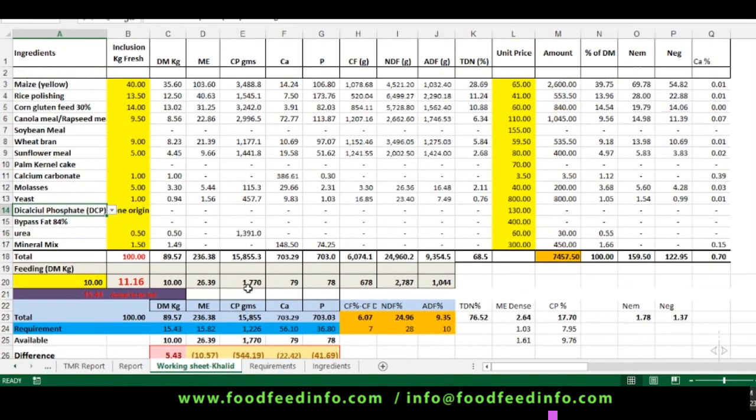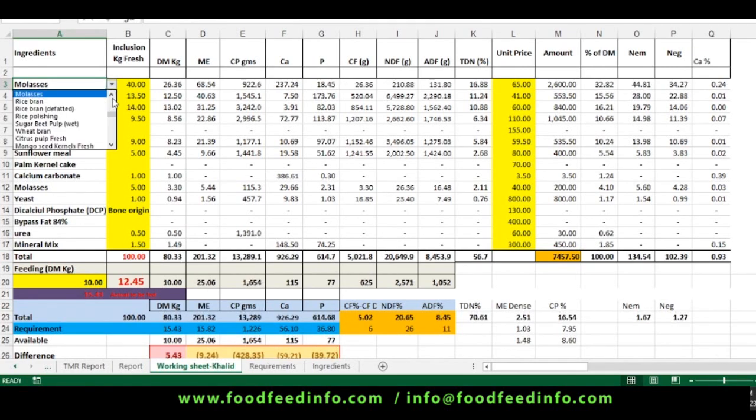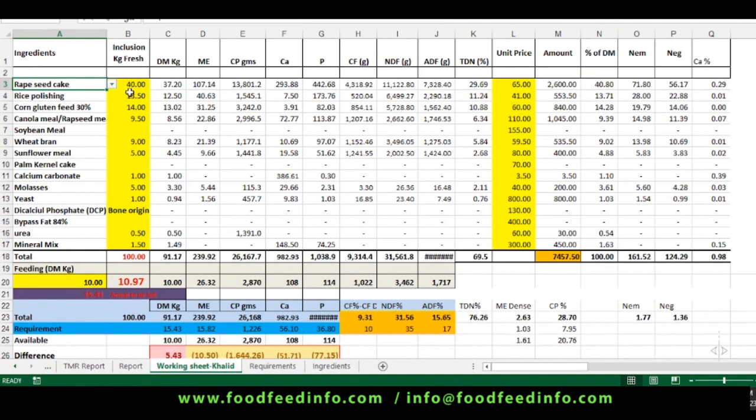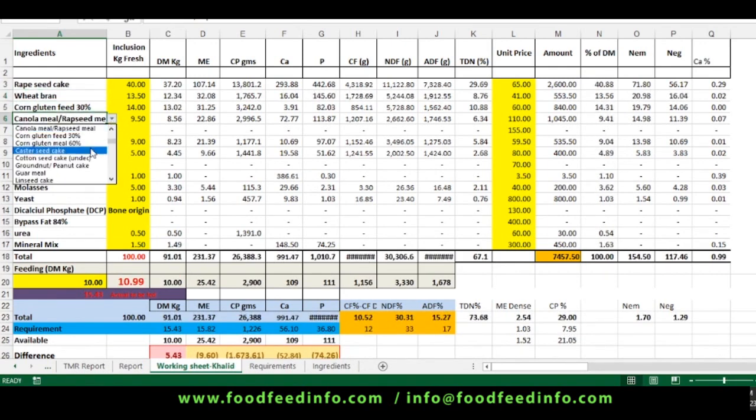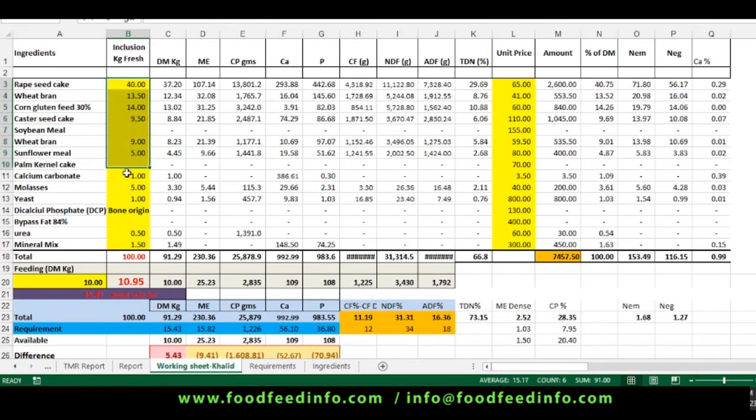Now come to the sheet where we do the calculations. Here look at the list of the ingredients. This is a complete list of ingredients, and you can choose by yourself. You can choose any ingredient from the list, and after choosing the feedstuff, you can go for changing the number. Like here I have 0.1% DCP. So when you are going to formulate a diet, you have to enter the values. Just keep in mind